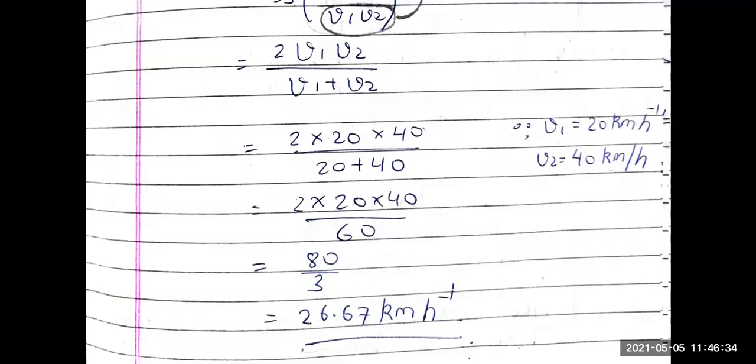So this is how you will calculate the average speed when your speed is changing by non-uniform rate. Your average speed is not equal. First, you will find total distance. Our total distance was 2S, that is S plus S. And then we found out total time, that is T1 and T2. And we put the values and we calculated it. Okay, so this is it.